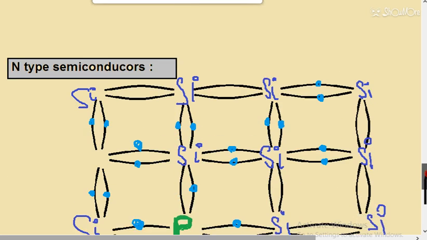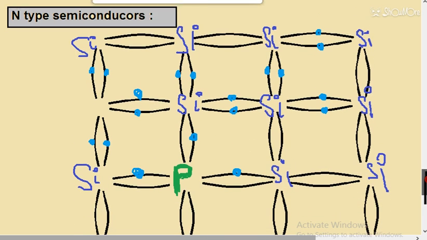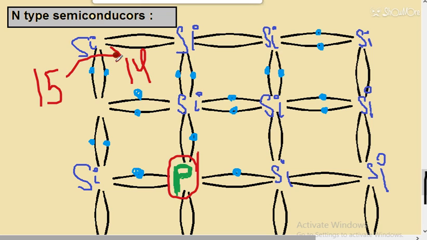So this is clear, and now we have to see which points you have to remember from n-type of semiconductor. So some points I will discuss. First of all, you have to remember that group number 15 is added to the semiconductor group. Semiconductor group is group number 14. So we have added group number 15 impurity into group number 14 to get the n-type semiconductor.